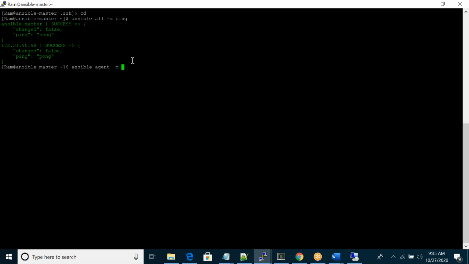For module, I'm referring to some module. So all these commands like ping or whatever, those are commands for Unix, and here you are saying those are modules, right? It will invoke that particular module and try to execute that command, right? Yeah, exactly. Module means I'm going to mention one module name. This -m is common for all the commands.